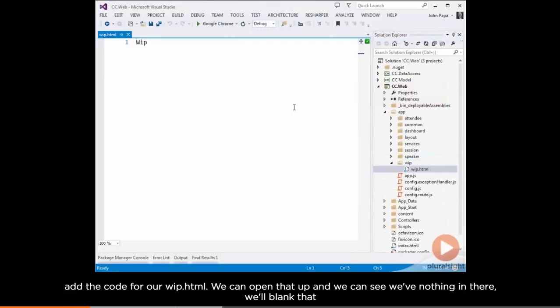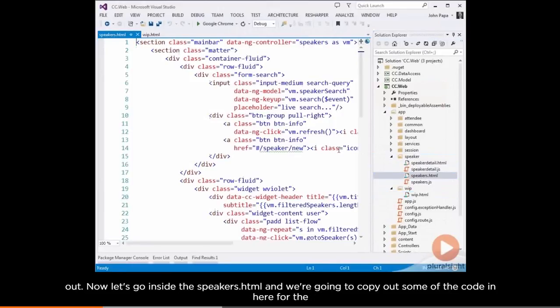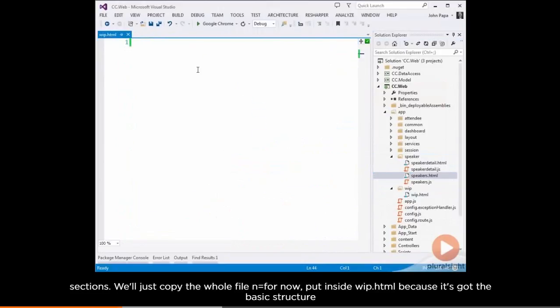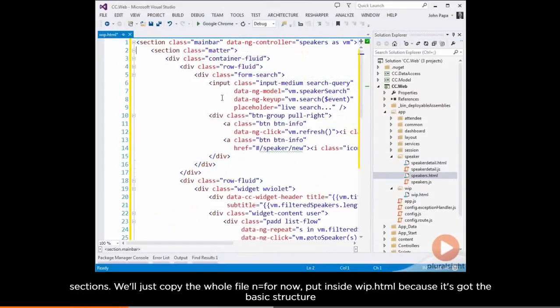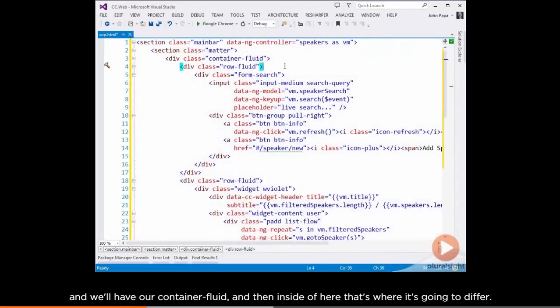We can open that up and we can see we've got nothing in there. We'll blank that out. Now let's go inside the speakers HTML and copy out some of the code in here for the sections. We'll just copy the whole file for now and put it inside whip.html because it's got the basic structure that we need. So up top, we're going to have the section for main, then we're going to have the matter, we're going to have our container